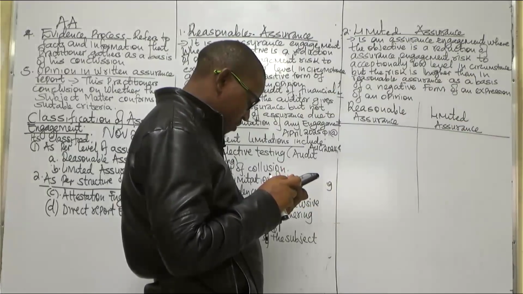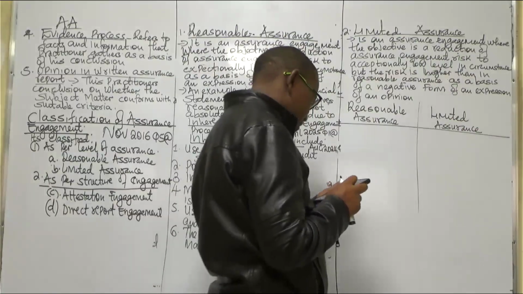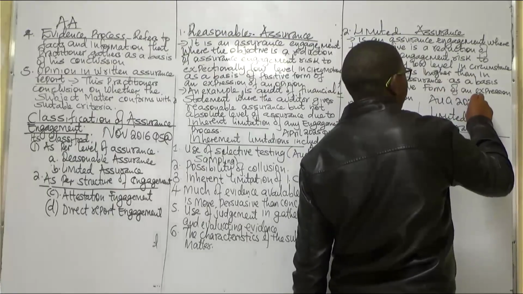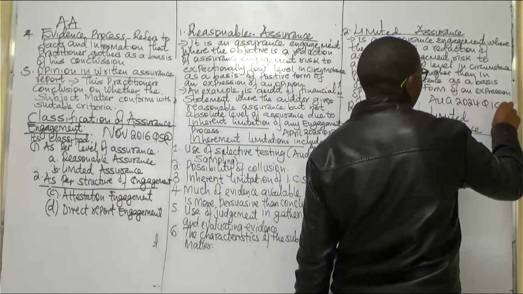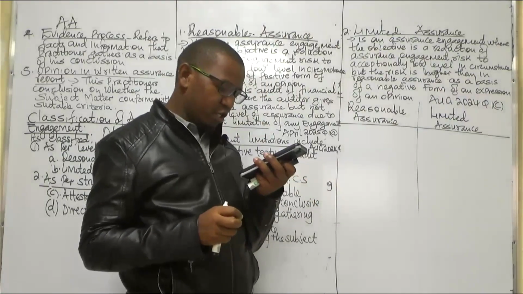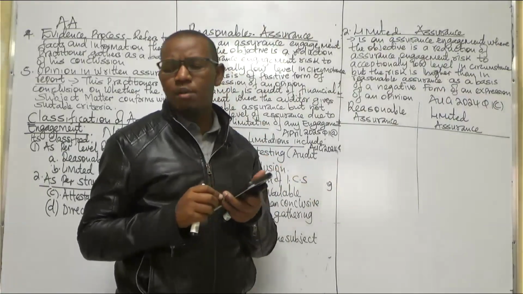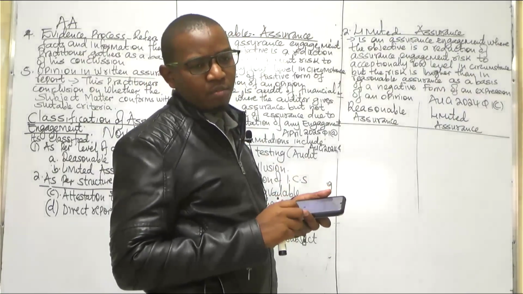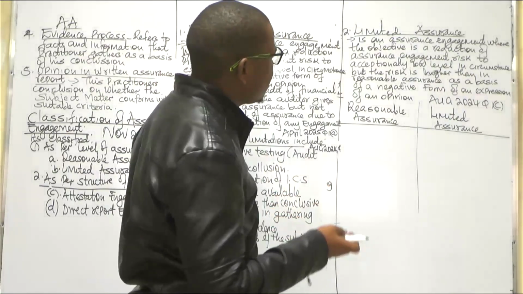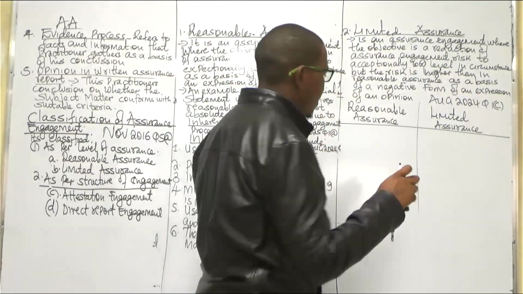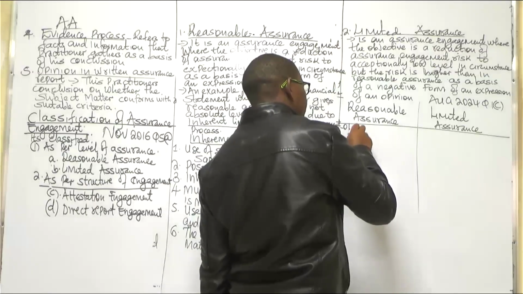Is it December really? No, August 2024, 1C. August 2024 1C, you are to distinguish between reasonable assurance and, number 2, the limited assurance. First, you can differentiate them as per definition. Yeah, the objective